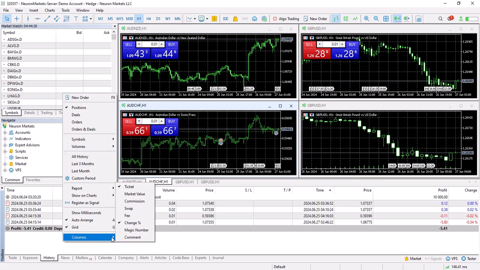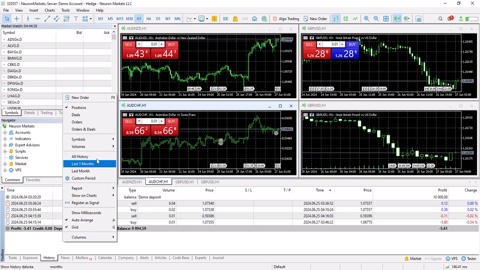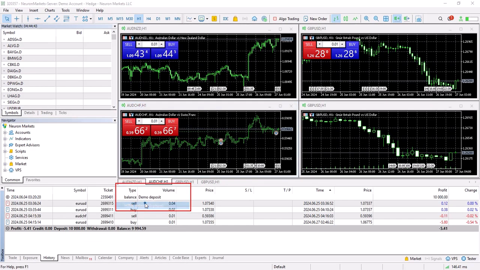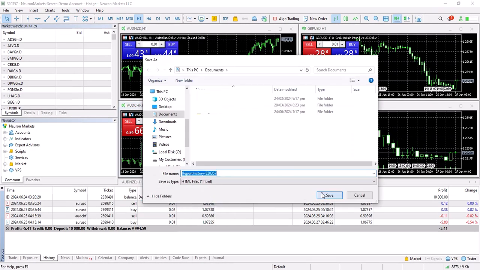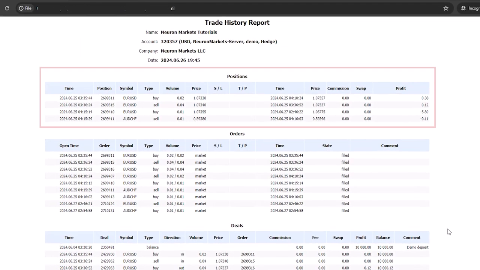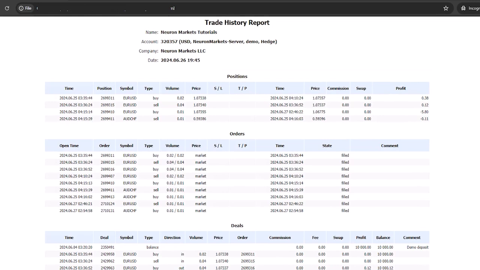The most important feature of this tab is the ability to generate a report. This way, you can generate a detailed report of a specific time frame and save it in a separate folder on your desktop. The report consists of the following sections. Positions. This refers to closed trades, providing a record of all the positions that have been opened and subsequently closed